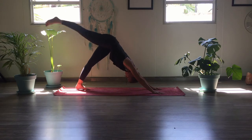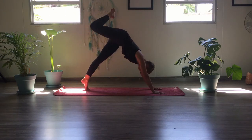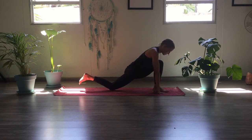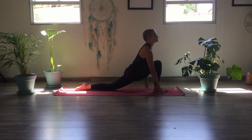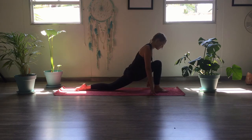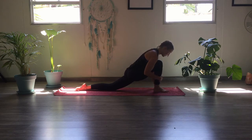Inhale, lifting your right leg up and back behind you, and as you exhale, you're going to step it through to the front of your mat, dropping your back knee down onto the mat into low lunge. If you're happy here and you're feeling like you just want to take it super easy, that's fine. You can keep your hands either side of your foot. Otherwise, you can